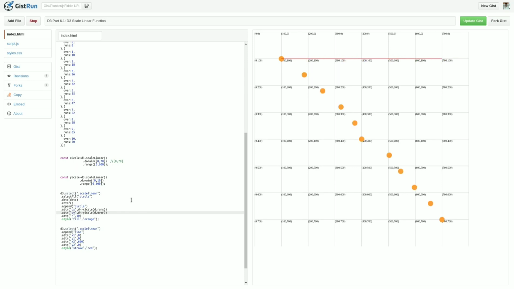So you can see that your circle will transform to the y axis position. For the first over it is available here, then for the second over, third over, and for the last, the 10th over. You can see that the maximum is 700 pixels, and here we have provided 600 pixels, meaning 700 minus 100, that is 600. So your last circle is available here.